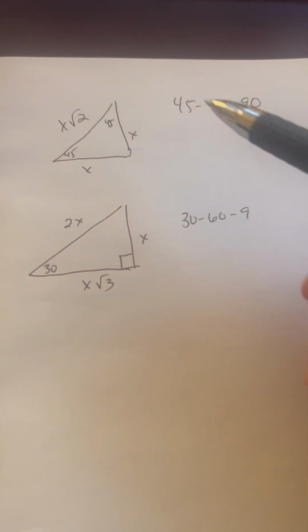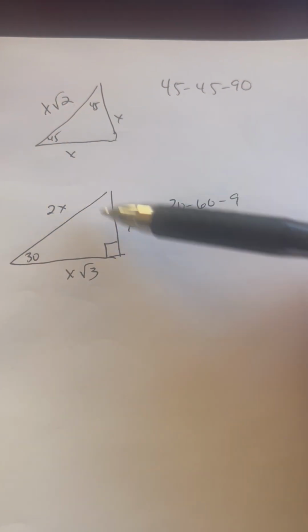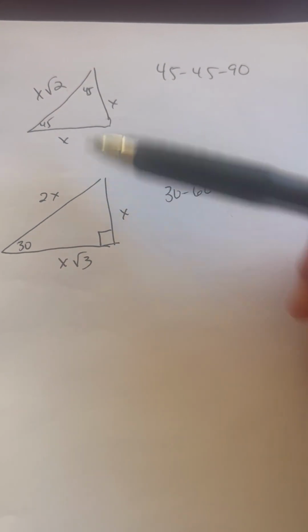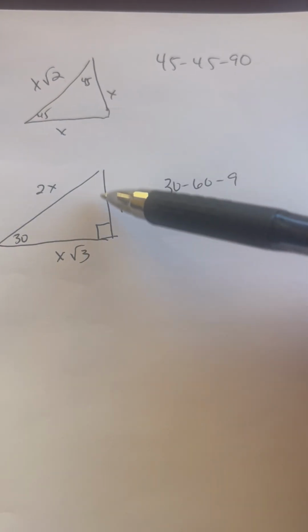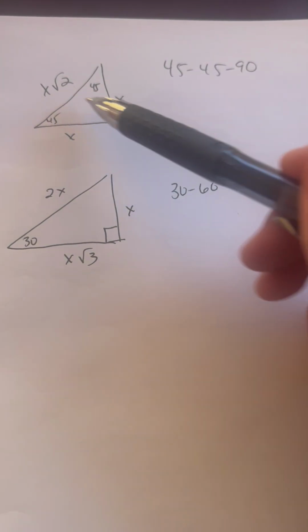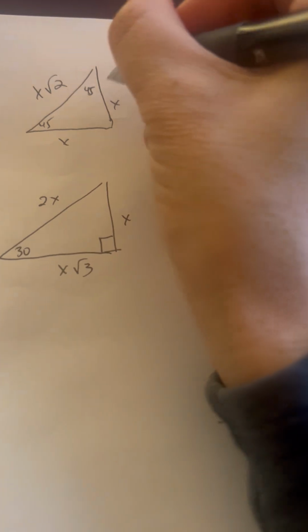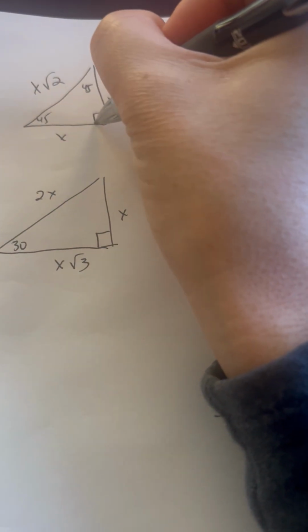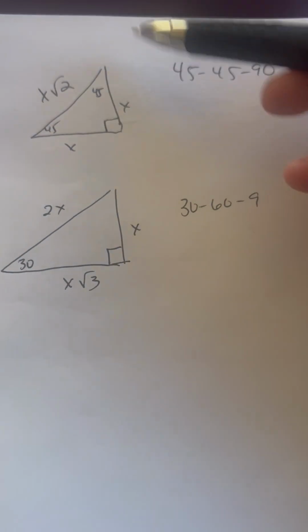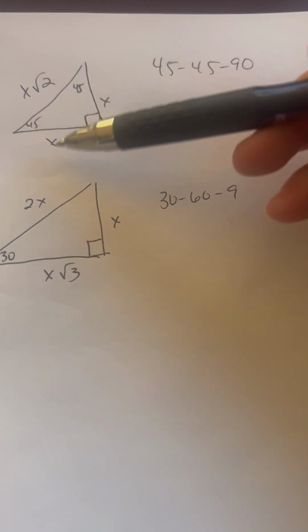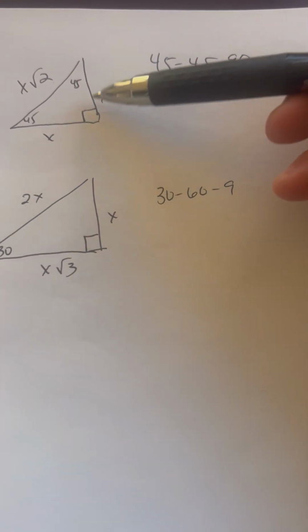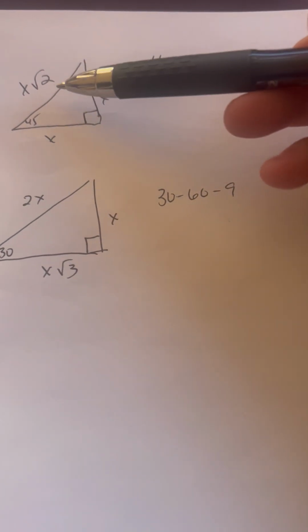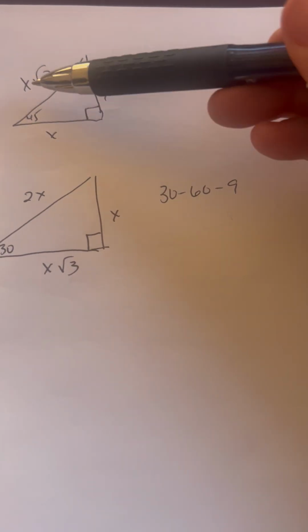All right, so when you're doing these problems, you're really just going to have two triangles that you have to focus on, and you have to know these formulas. When it's a 45, 45, 90 triangle, your two sides are always going to be x, or whatever value it represents, the same, and its hypotenuse is always going to be whatever the side length is times the square root